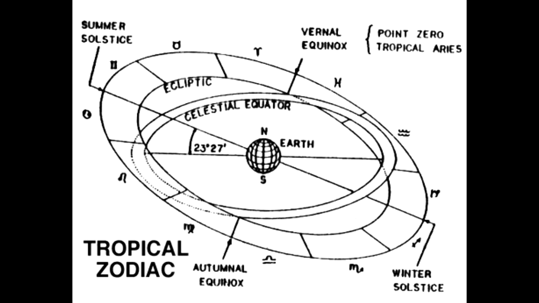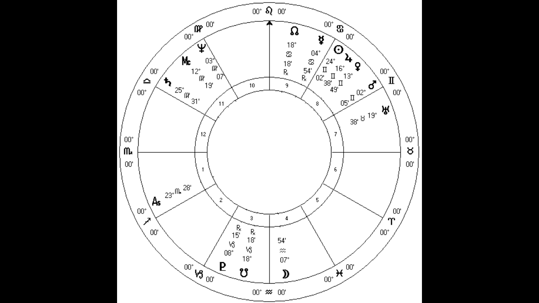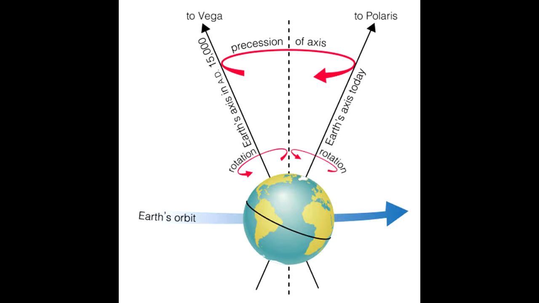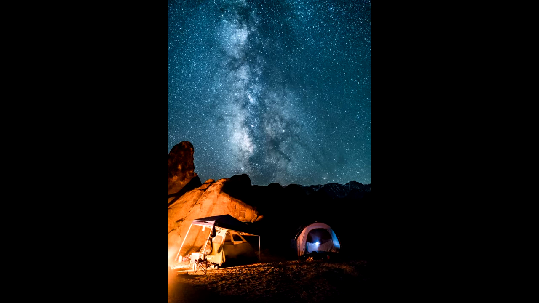So the two kinds of astrology that most in the Western world know of are called tropical and sidereal. Tropical gives the position of planets by sign, while sidereal gives positions of planets by their constellation. To avoid too long of a discussion on it, just know that over 4,000 years ago, the signs and the constellations coincided with each other. But due to the slow wobble of the Earth known as precession, our sun currently enters the equinox in the sign of Aries, but in the constellation of Pisces.